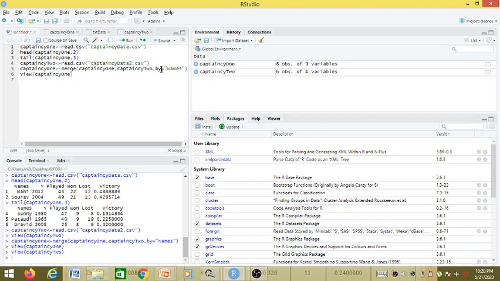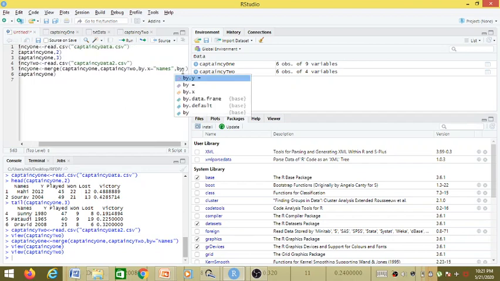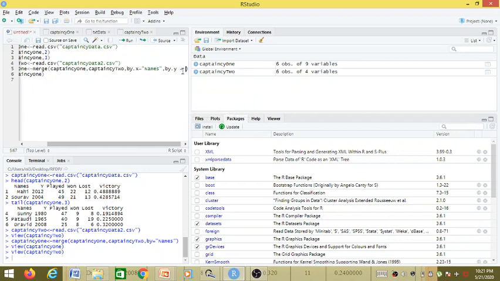Here by.x will have the column name which is available in the first data frame, say names as we just assumed, and by.y will have the common column name which is available in the second data frame.